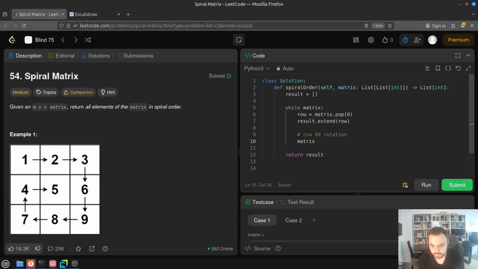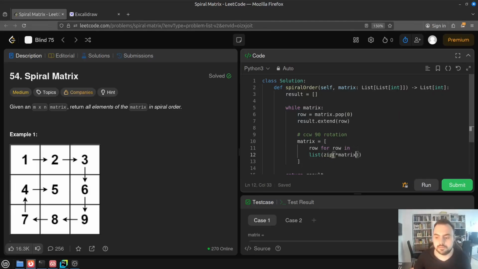So matrix will be overwritten by row for row in zip. Yeah, and we can unpack the matrix, which will get each element, and each element of this matrix is, of course, an inner list, which is our row. Yeah, so for each row, we'll be zipping elements of each row together one by one, which will result in